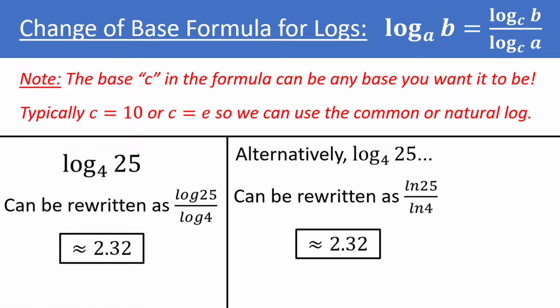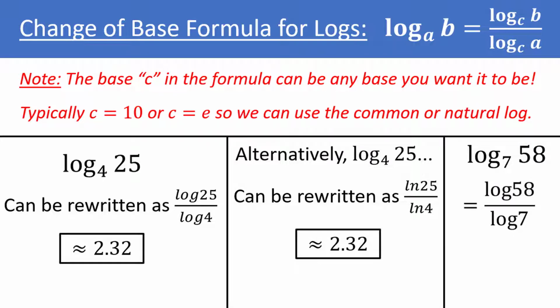If you are forgetting how to use the change of base formula, just remember right, left. Take the number on the right, the argument of the log, which will be the argument in the numerator, and then divide by the log of the number on the left, the base of the log. So looking at one more problem, we have log base 7 of 58. Just remember right, left. So we have log of the right number, 58, divided by log of the left number, 7. This is equal to about 2.09 if you were to type that into your calculator.